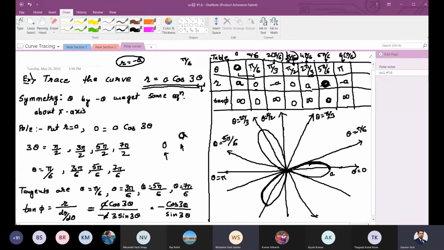Excuse me, sir. So what will happen if we take values more than pi? For example, 7 pi by 6 and so on. So will the curve change? It will repeat itself. You won't get anything new. But new tangents will be visible in the figure, right? No, the same curve will come. Same thing will be there. At pi you have got a point. If you go on, then it will again go like this from here to here, and it will go on like this. It will trace the same curve for whatever values you go up to.